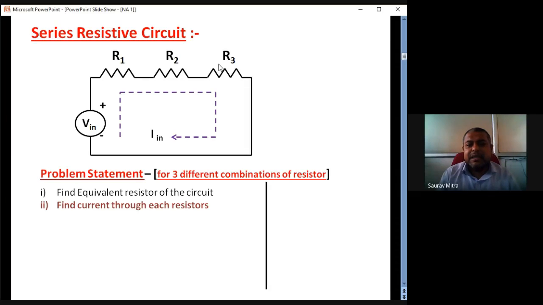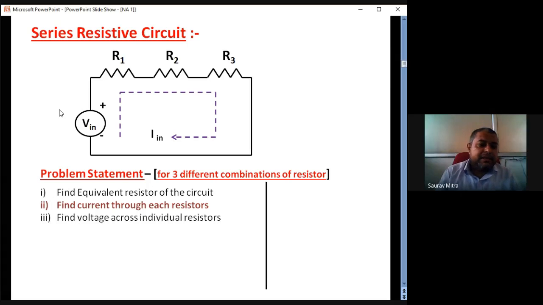So likewise, in the same range you can take the resistor values, and every time you will be able to prove what is called KVL, Kirchhoff's voltage law. What does Kirchhoff's voltage law say? Actually that will be your next experiment, but the circuit will be the same. It says that whatever voltage drops you have across each of the resistances, if you add them, that will be the same as the input voltage. Okay, so that also you can prove from the same circuit.